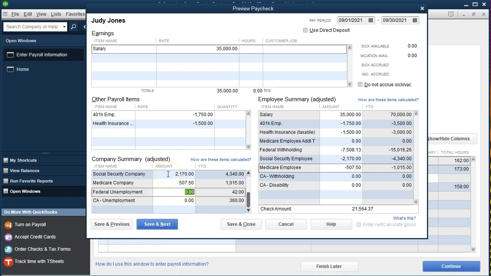We're going to have our portion of the Social Security for the company portion, the Medicare portion that needs to be paid. No federal unemployment or state unemployment because clearly she's hit the cap for those items already and therefore we don't owe any more past that point. Next, so we're going to say save and next